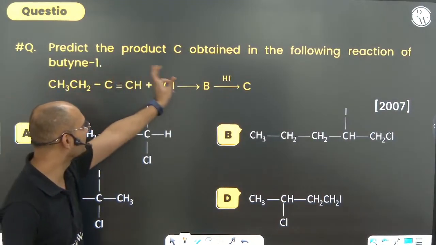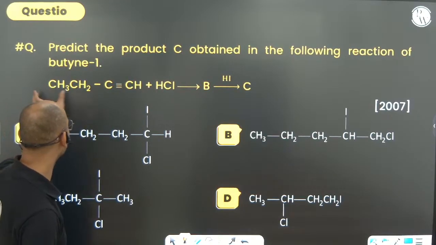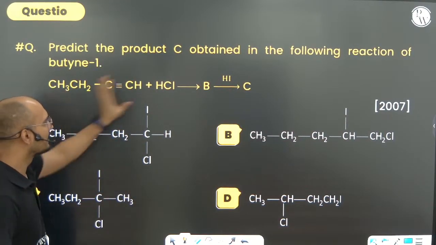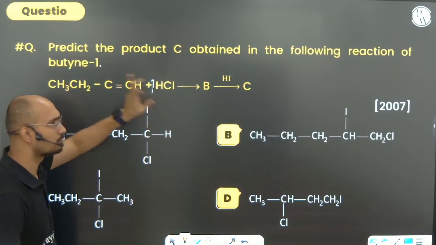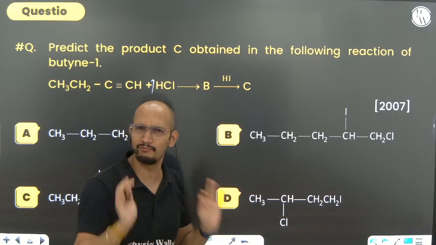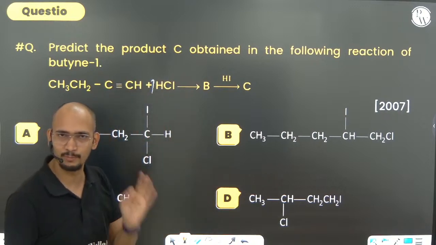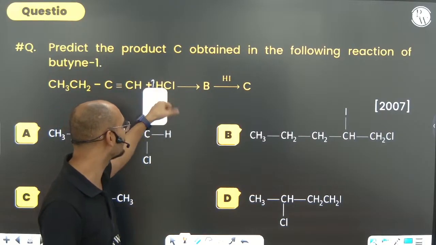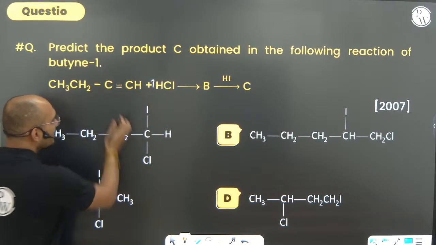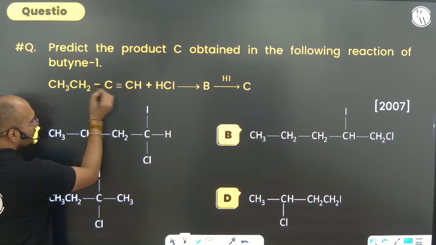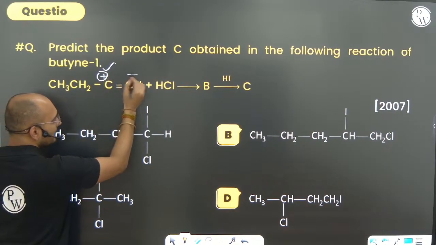Predict the product C obtained in the following reaction. This plus HCl. We have to do the same again, it's not a big deal. First of all, how many moles of HCl are there? 1 mole. How do you do it? Look, here too it is a very nice reaction. The mechanism is very beautiful, but still again I will tell you, for the mechanism go through NCERT and many other sources, but because it is a fast-paced session, here we have to go faster. What do you have to do? Again break into plus and minus. Here can you see, here plus is more stable, here negative will be more stable.